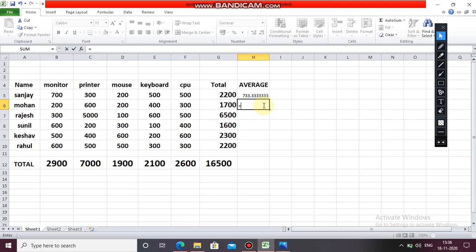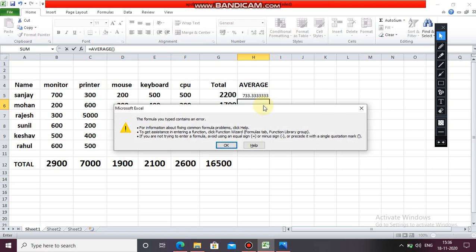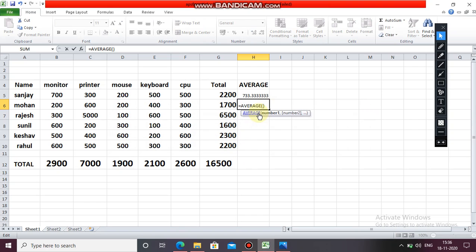As equals to average, number 1, this one, comma, this one, comma, this one, comma, this one, comma, this one, 566.